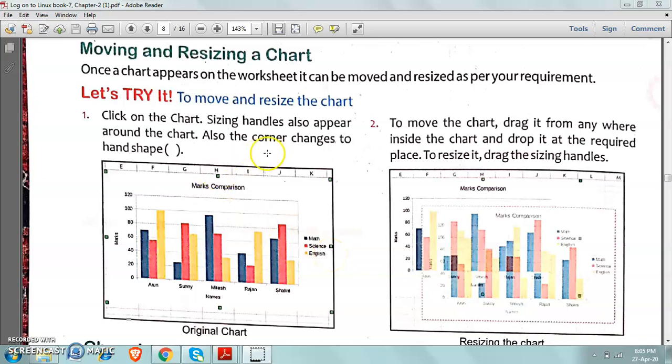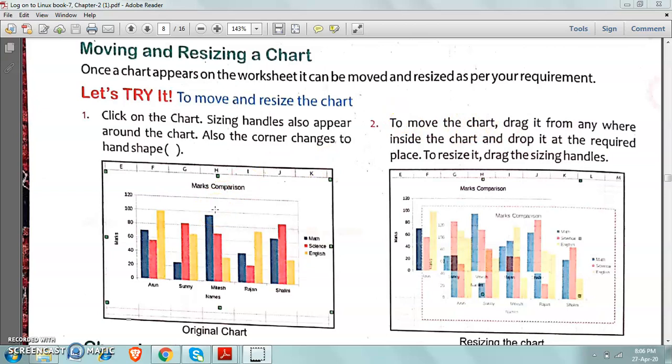Now also the corner changes to a hand shape. See, in the corner also you will find the hand shape. Here on this chart I have told you the sizing handles. Now the second step is to move the chart, which means you have to drag it.